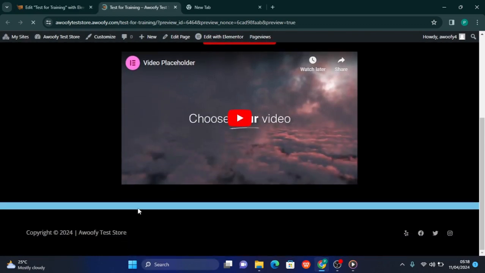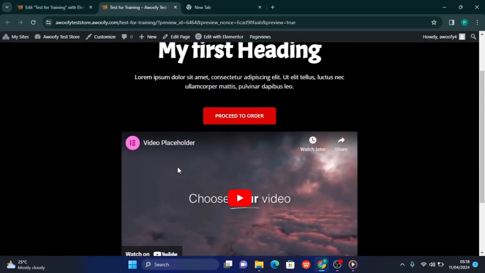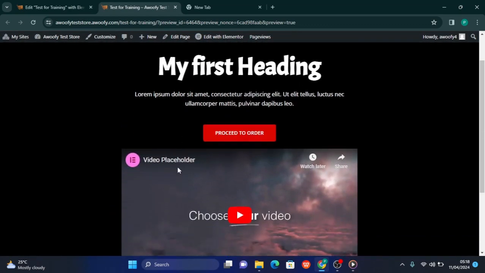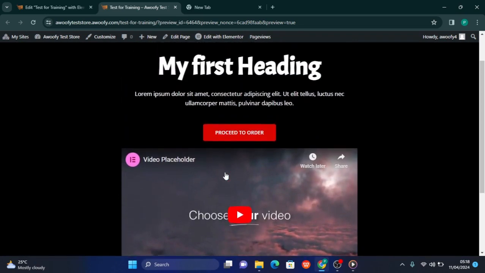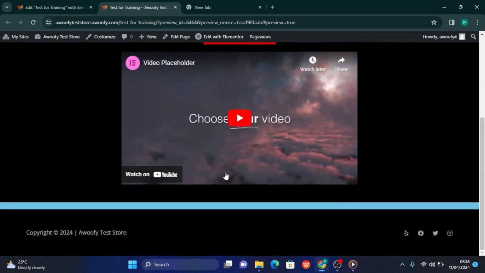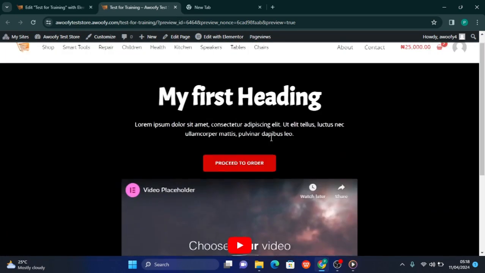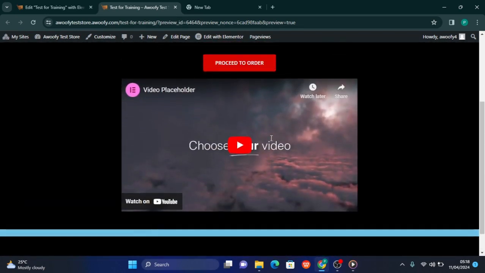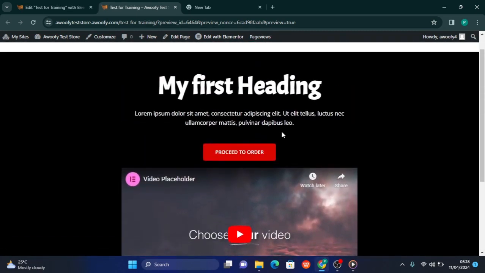So the preview basically loads a preview of everything we've done so far. So you can actually preview what you've been doing. But we've not actually made this website mobile responsive, which means if we preview this website on mobile mode,